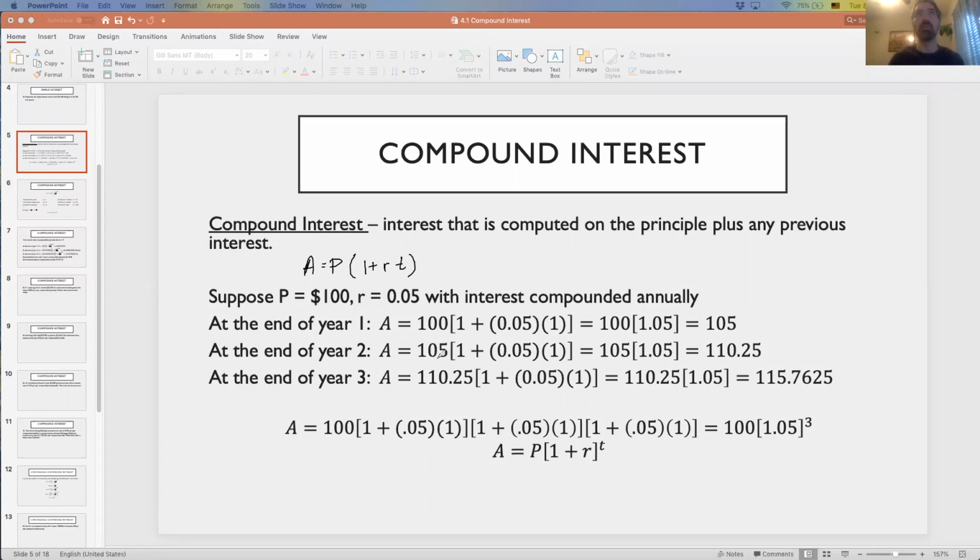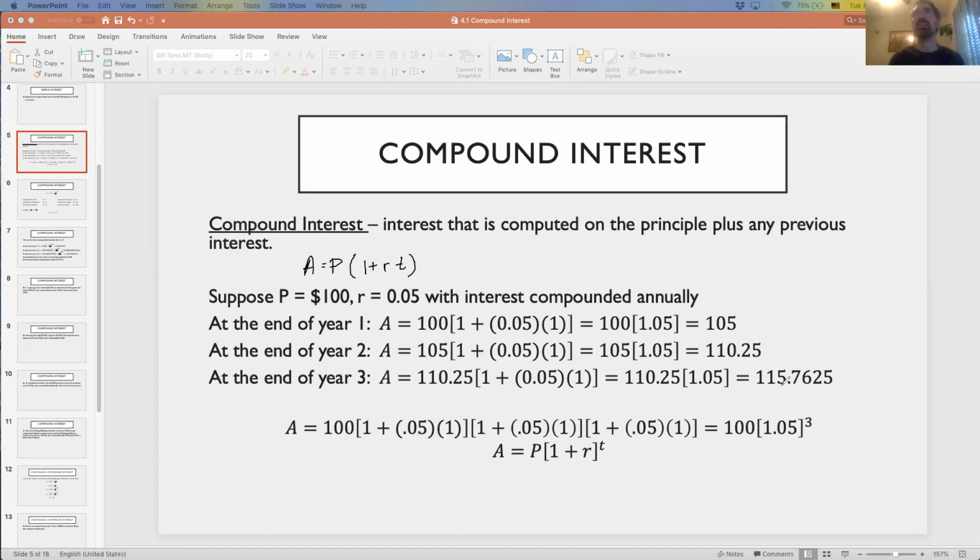A equals 105 times 1 plus 0.05 times 1. That gives us $110.25. And then at the end of year three, we can calculate how much we'll have after the bank deposits the interest at the end of year three: 110.25 times 1 plus 0.05 times 1 gives us